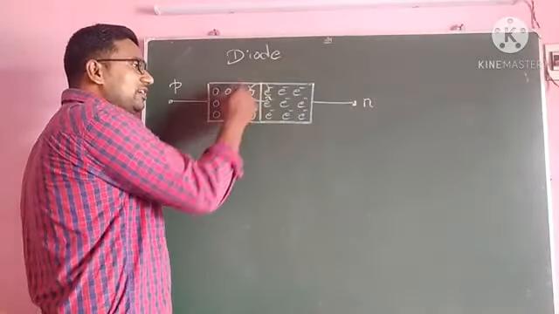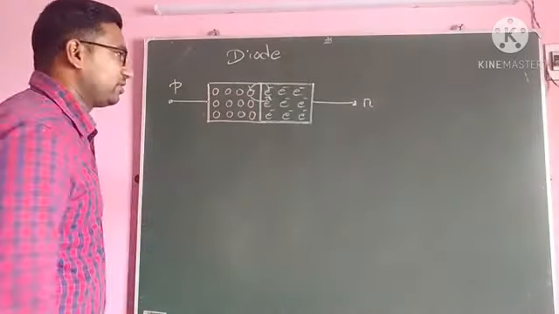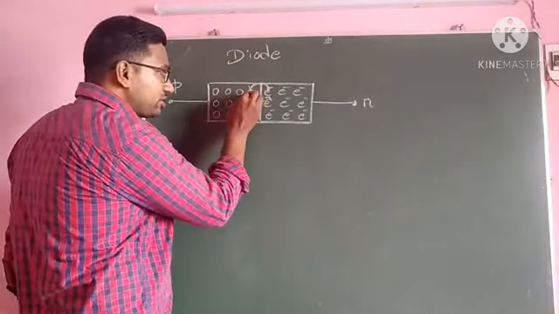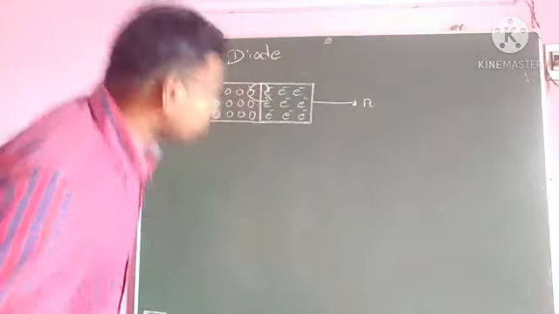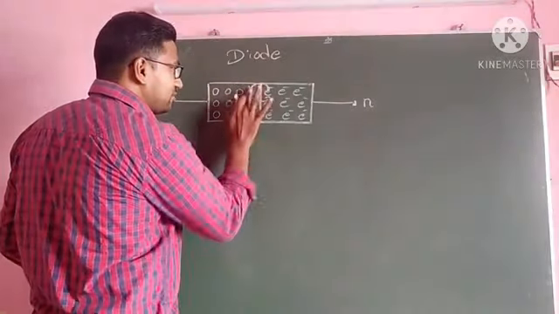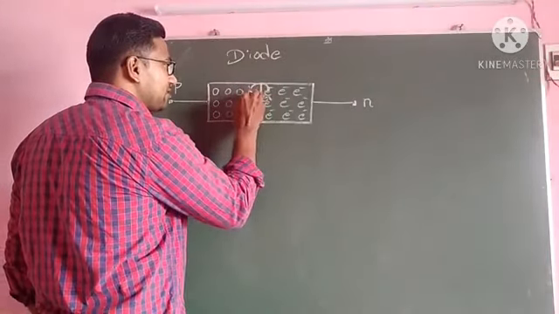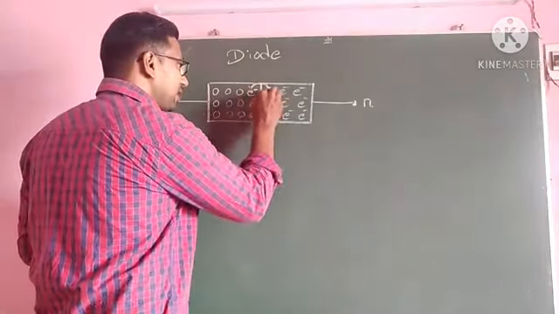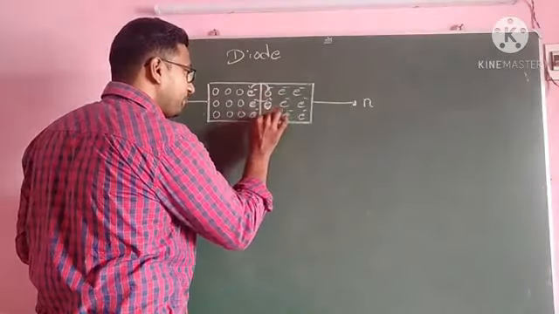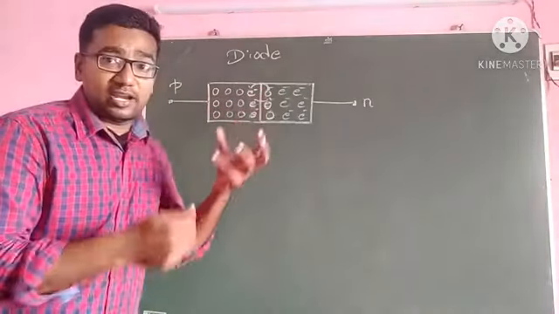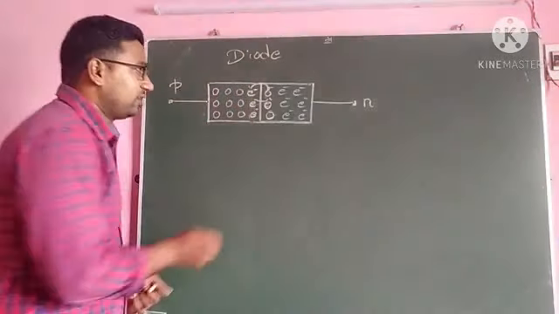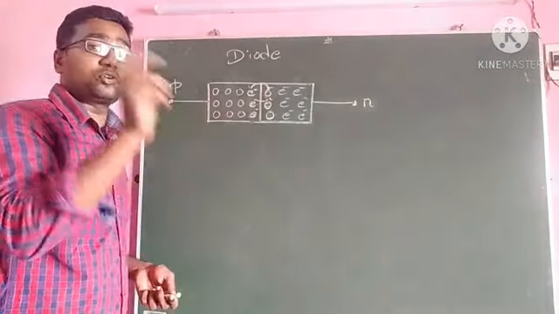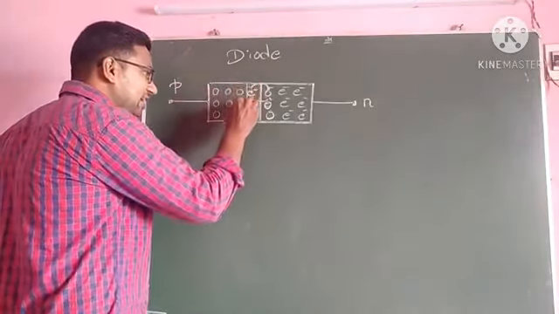Electrons and holes are displaced from one point to another point. So the electrons recombine in the p-type and the holes recombine in the n-type. So I am going to replace these two atoms. Here electrons are placed. Here holes are placed by the Coulombic force. This will create a constant electric field. The positive charges flow to the negative charges. It creates a constant electric field, and also it acts like a battery.